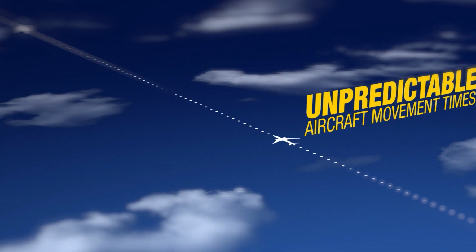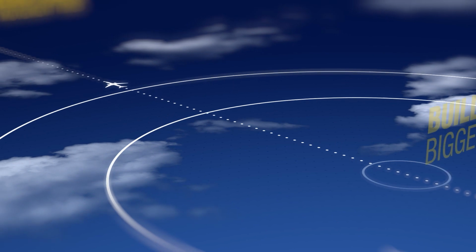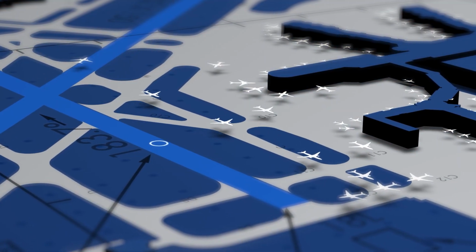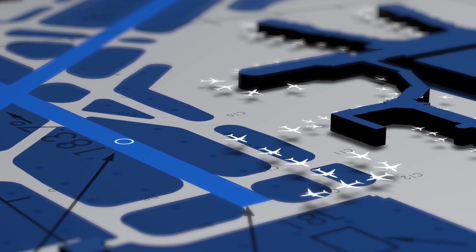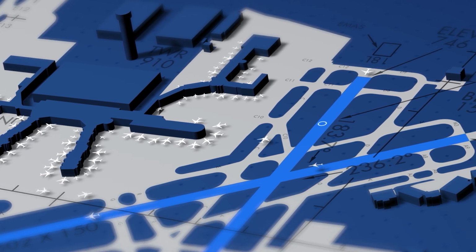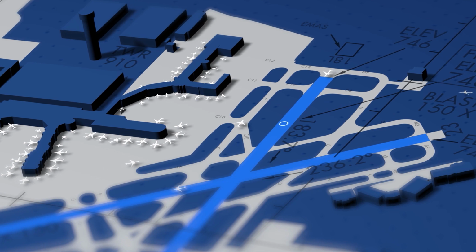Until recently, we didn't have predictable aircraft movement times. Traffic managers had to build in bigger buffers, which led to delays on the taxiways and runways, and increased fuel consumption and emissions. Now, with this new software, the FAA's air traffic organization, airlines, and airport ground operations can determine